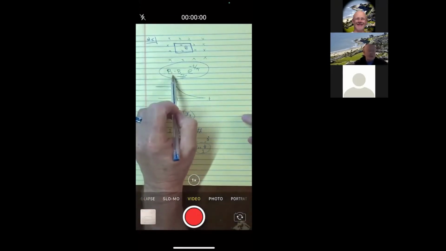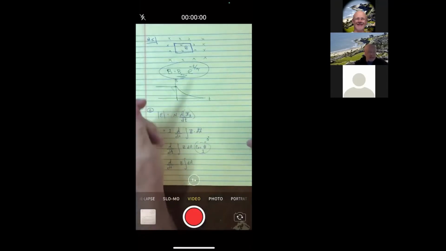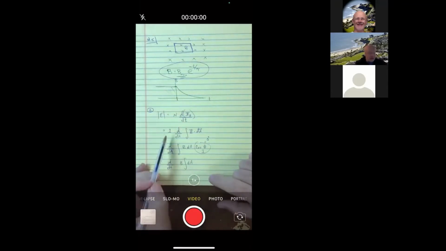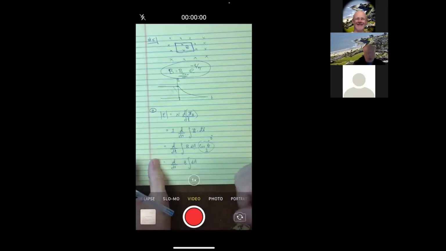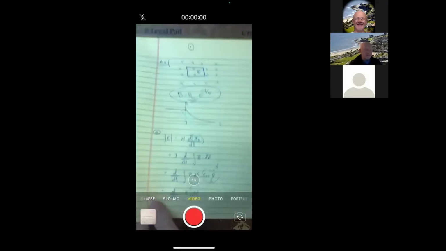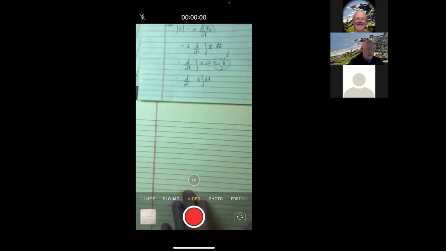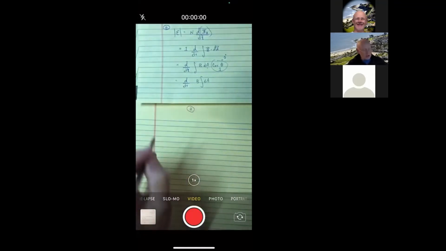So I want to be careful about understanding how we're treating B. B has 2 pieces of calculus, and constants can be pulled out in front, but because one is an integral of space and the other is a derivative of time, we may be able to pull it in front of, say, the integral of space, which we did because it is a constant of space, but not pull it in front of the derivative with respect to time, because it's not a constant with time. And that's what we will see here. So I'm going to just pull the B here, but not all the way in front of the derivative of time. All right, so moving on from page 1 onto page 2,